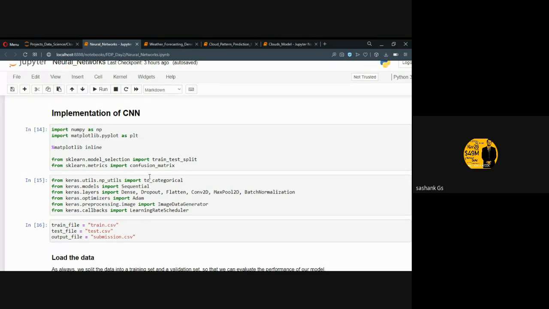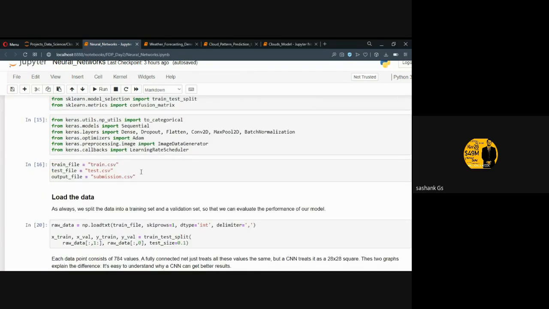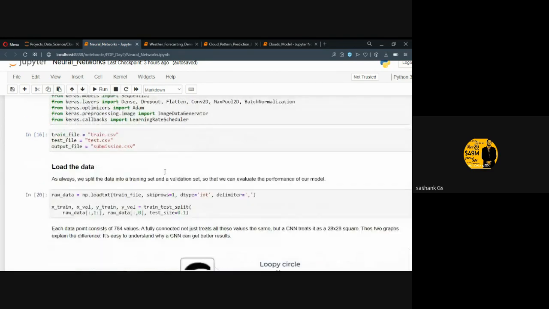So let's move on to the implementation part. I'll be importing NumPy, Matplotlib, and train test split, confusion matrix, all the basic libraries. And for this, I'll be using Keras, already specified. Let's import the Adam optimizer that we'll be using. Learning rate schedule is nothing but a callback. I'll be explaining it in a few seconds. First, let's import the train file, test file, and the output file. And I'm loading the data,